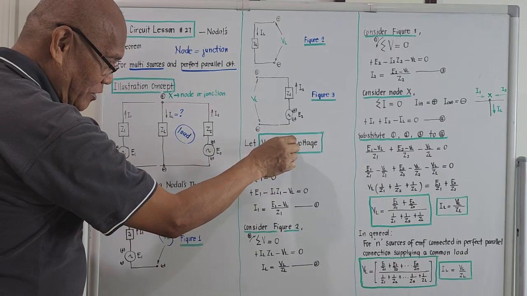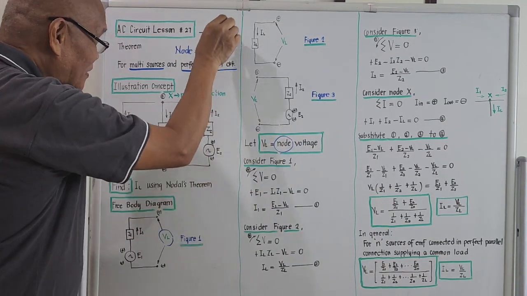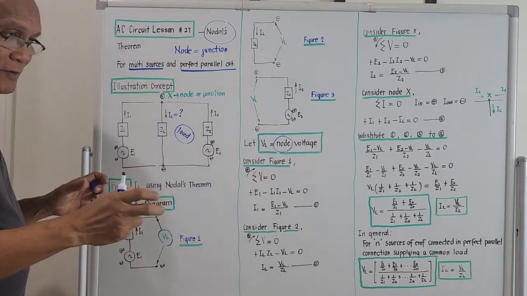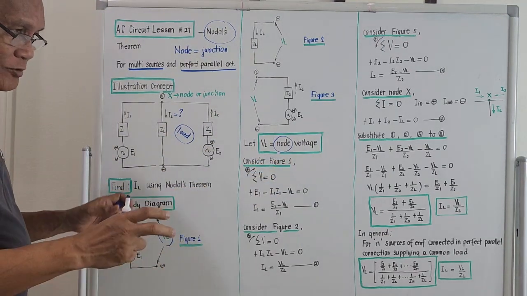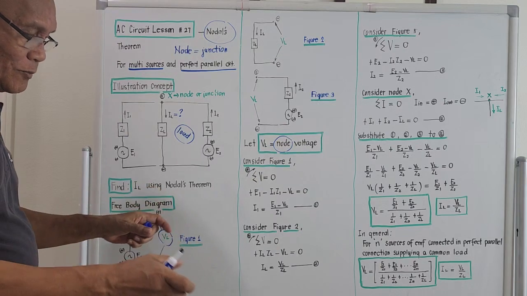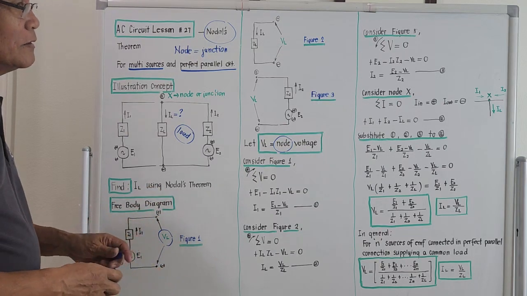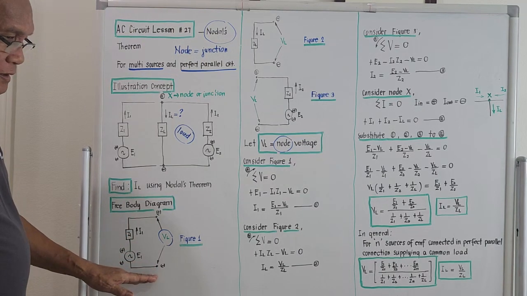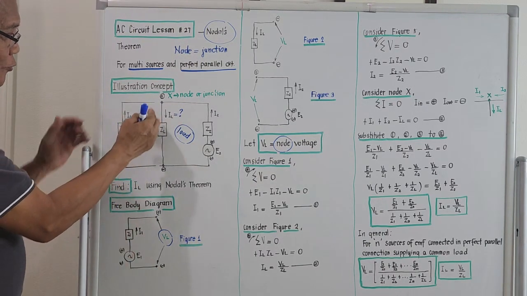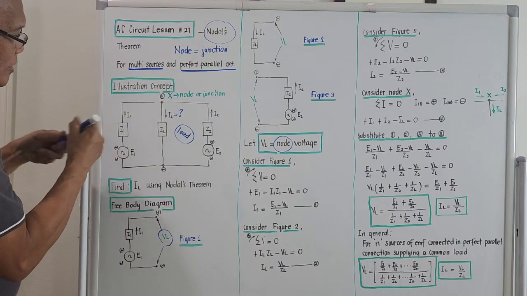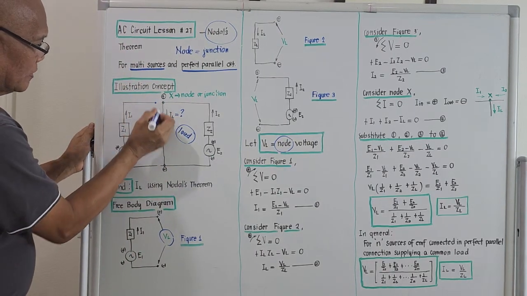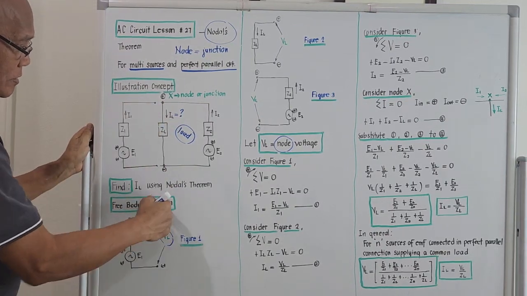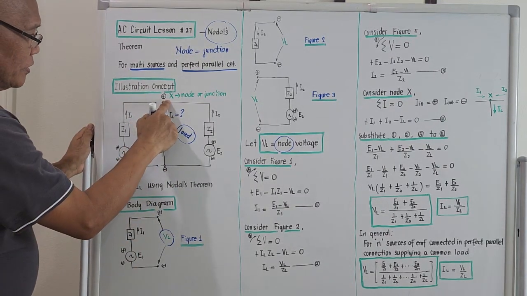Okay, and this node here emanates from the title of the topic. So the purpose of this free body diagram is to compute for the value of V sub L. That will be the segregated circuit of the left hand side if we try to disengage. Okay, we cut it here. This portion here is this one. If I cut it here,